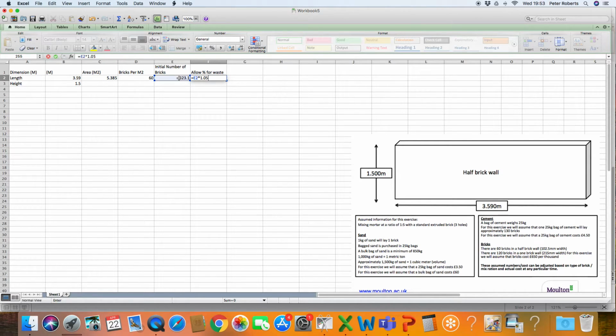0.05 is 5%. Okay, if I wanted 8%, it would be 1.08. If I wanted 20% VAT, for instance, we add VAT onto plenty of product, that would be 1.20. So times it by itself and then the percentage number that you're after, and that will take my 323.1 up by 5%. So I actually need to order